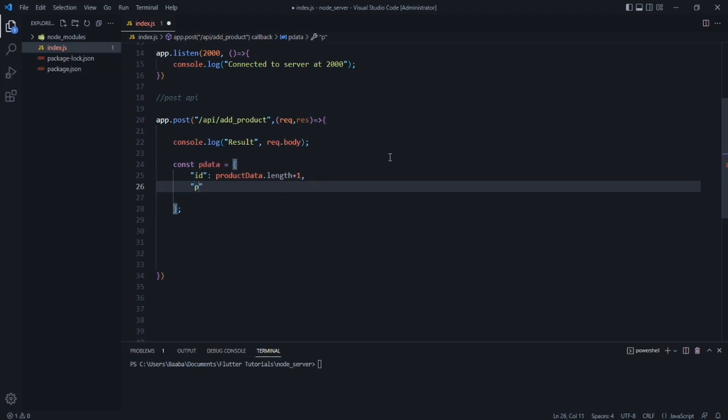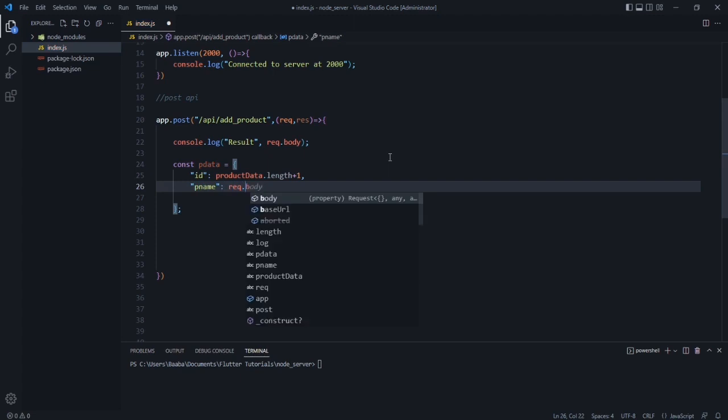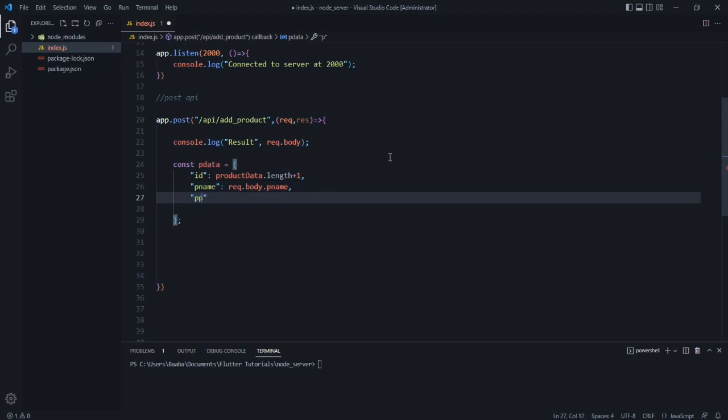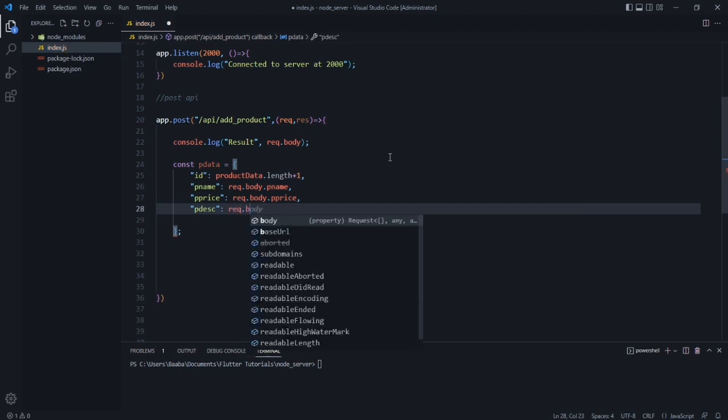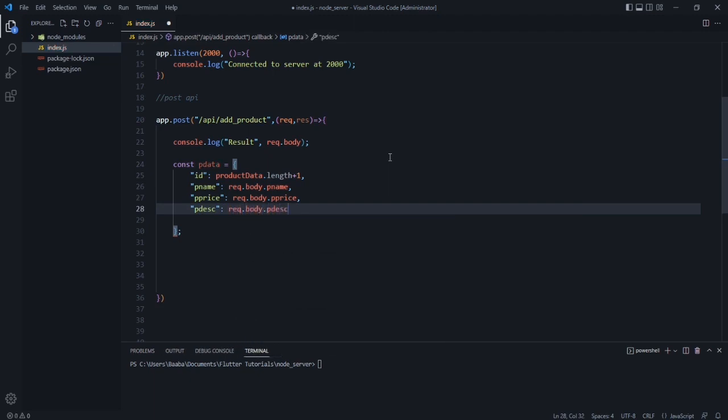And after that let's say it will be our p name, and it will be our request.body, and from here we will need this p name. And after that we need to say p price, and it will be request, and from this request we want to get the body, and from the body we need to get the p price. And after that we need p description, so p description will be request.body.p description.